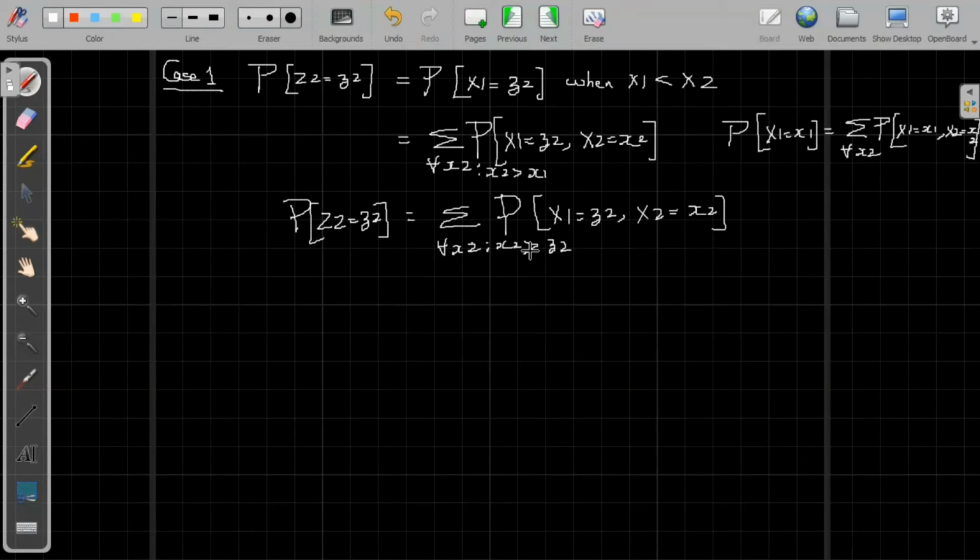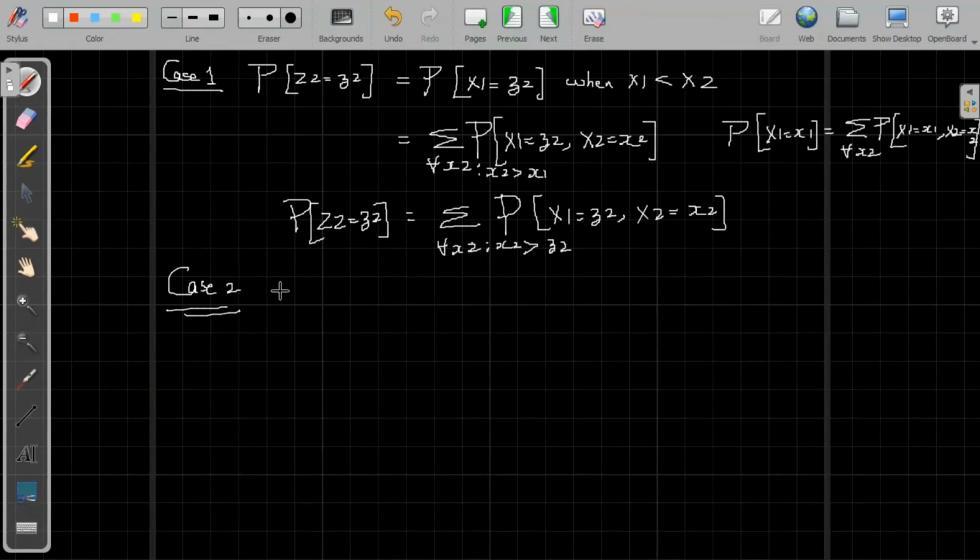You note it down here that this is nothing but the sum of all the joint PMFs of x1 and x2 such that x1 is some fixed value z2 and x2 is greater than that fixed value z2. So the sum of all such joint probabilities will be this probability. Similarly, for case 2,